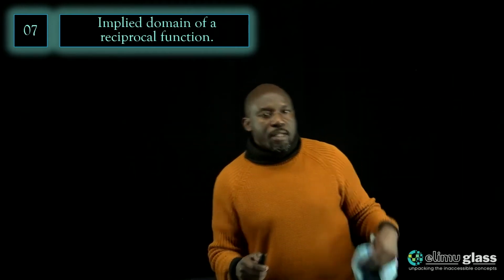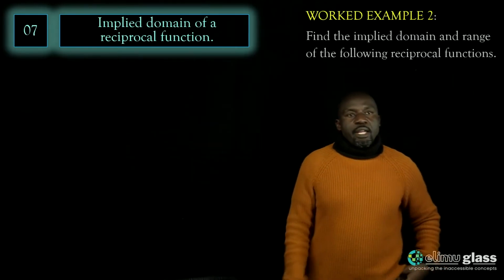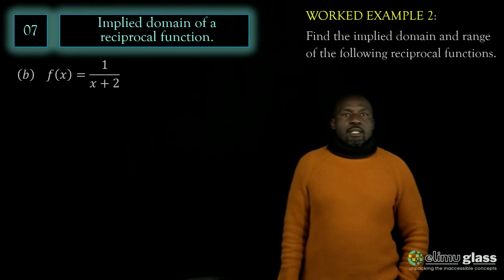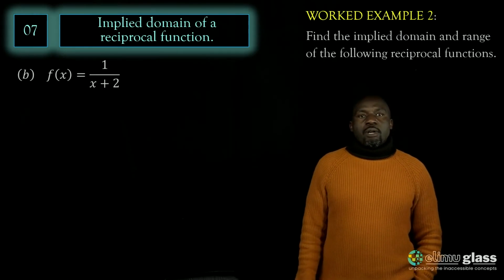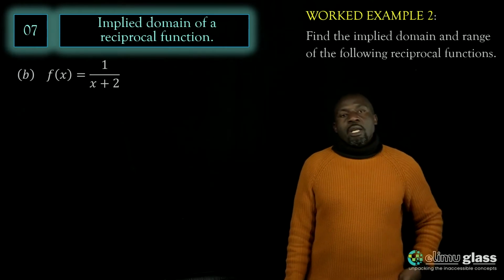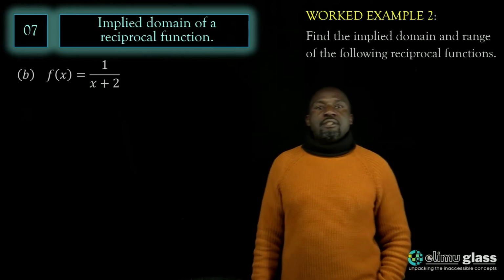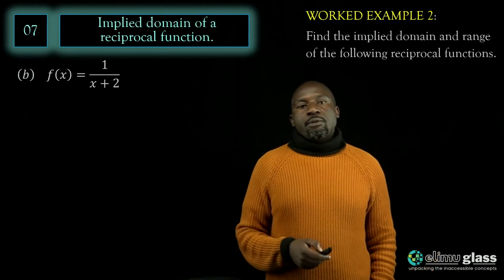All right, let's look at the next one. I think I left one for you. Worked example, here is the second one. All right, if this function, for us to find the implied domain, we reason just like before, rule number 2,